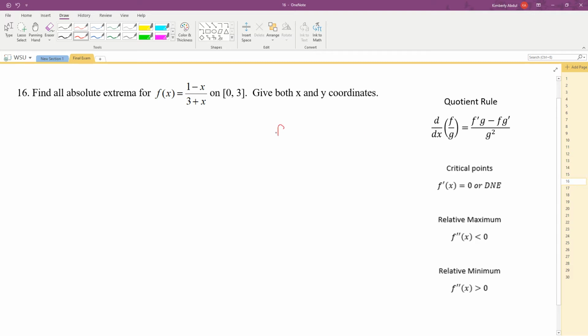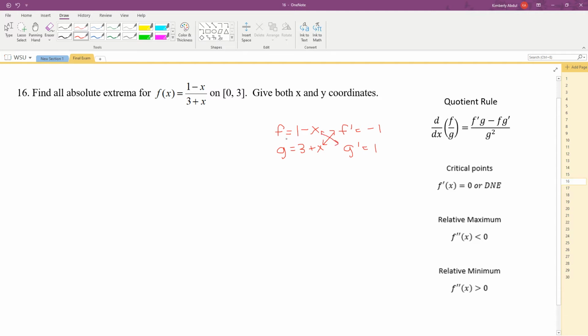So we're going to need to find f, which is the numerator, 1 minus x, and then g, which is the denominator, is 3 plus x, and their first derivatives. So f prime here is going to be negative 1, and then g prime here is going to be positive 1. And then when we do these, we're going to multiply the ones that are across from each other